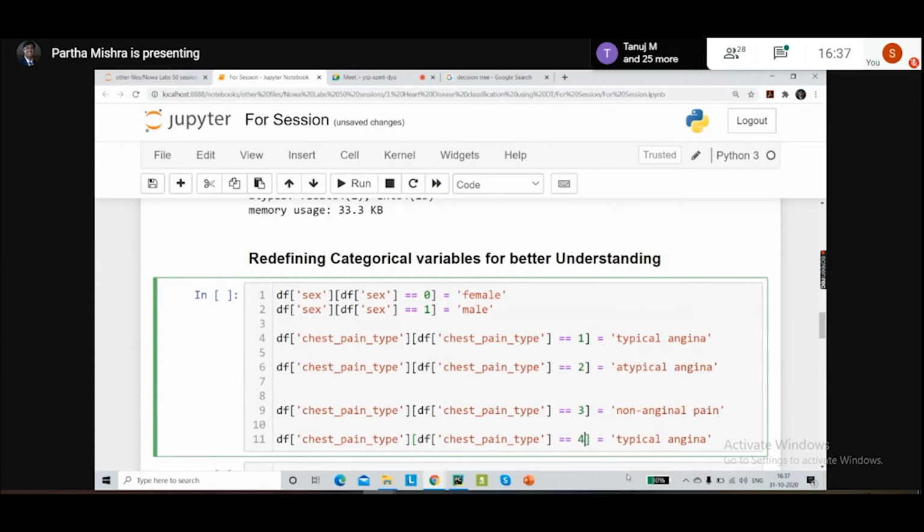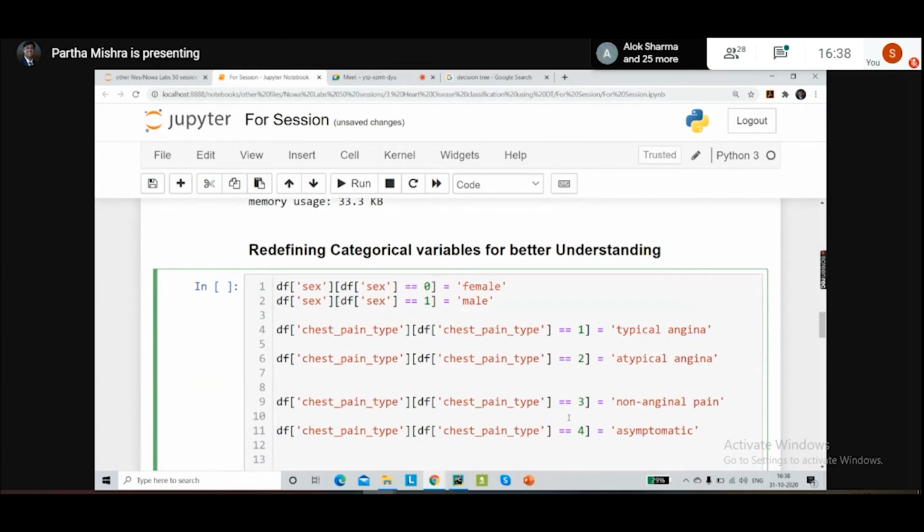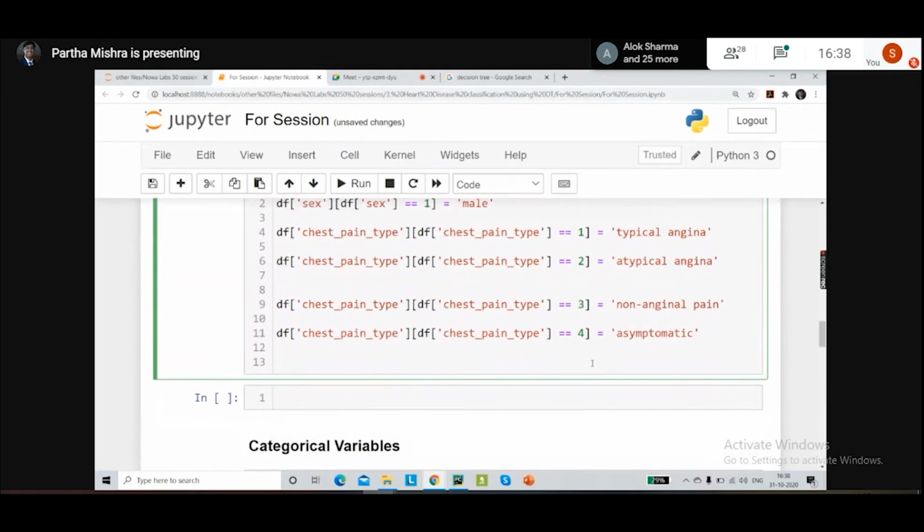And if it is 4, we have something called asymptomatic. These are all medical terms, so you have to be careful as to how you are going to redefine them. Although I would suggest you look up these terms so that you can understand the data better.